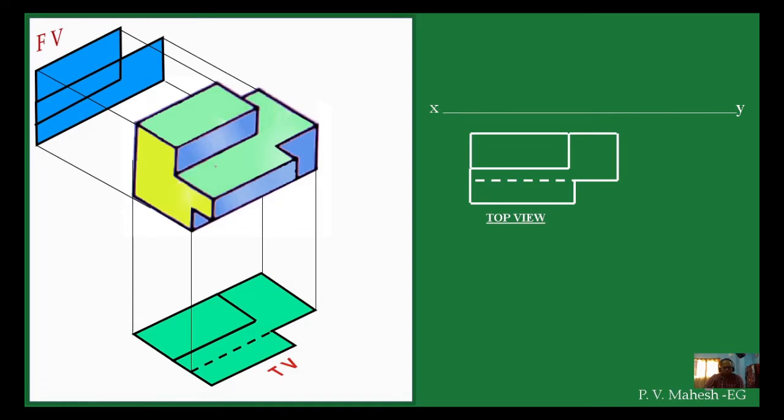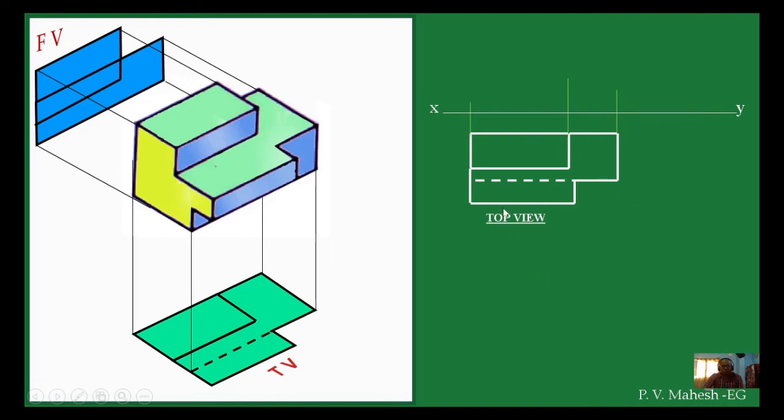So that is what is shown here. Okay, now how to draw this? You draw the projection lines from here. Why are we drawing the projection lines? They are not necessary as such, but sometimes the dimensions will not be given in the front plane, so then we have to take the dimensions from the top plane. That's the reason we are using this. Also, the front view and top view will be in one line if you draw these projection lines. Those are the two reasons why we are drawing the projection lines.